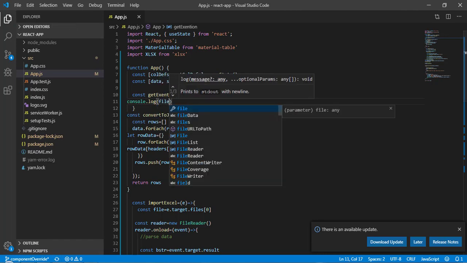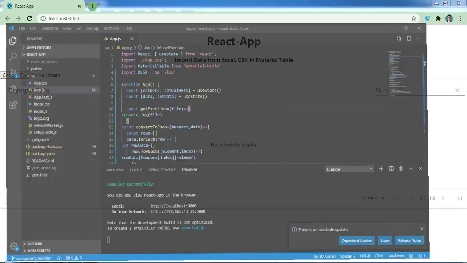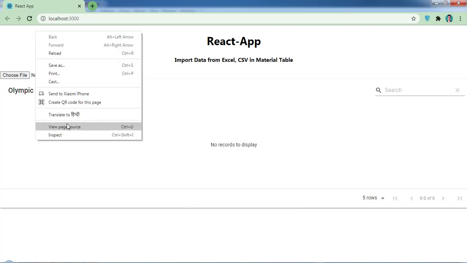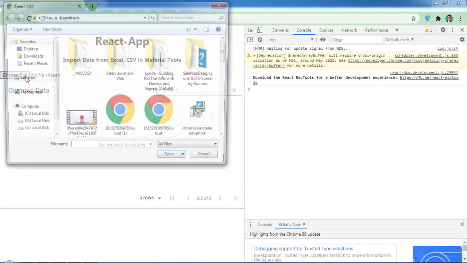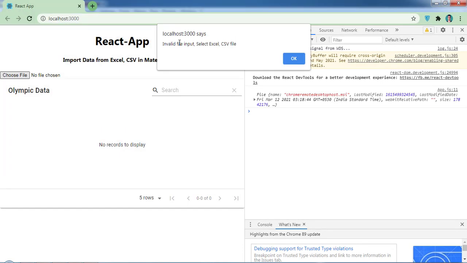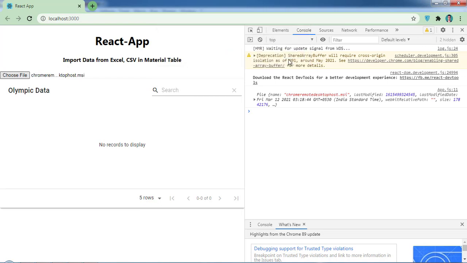Now save it. Let's come back to the browser, right click, go to inspect and console. Choose a file, and here as you can see we got this alert, invalid file input, select Excel or CSV file. Let me click on this, and here you can see we have this file information.